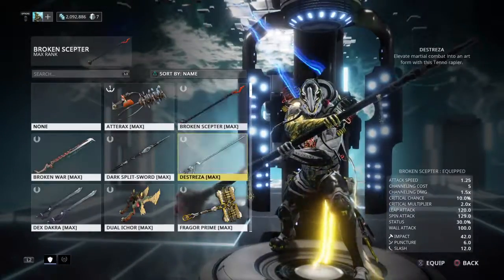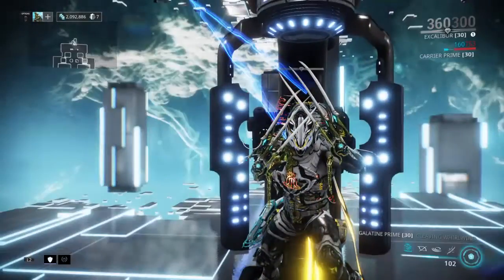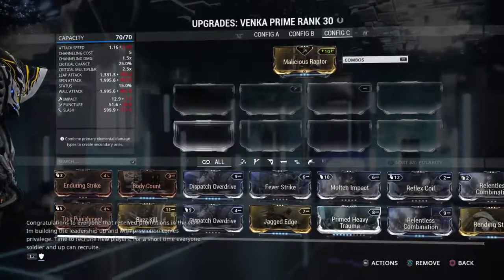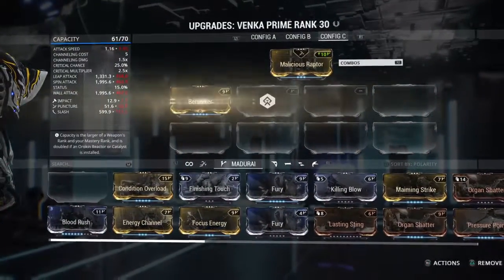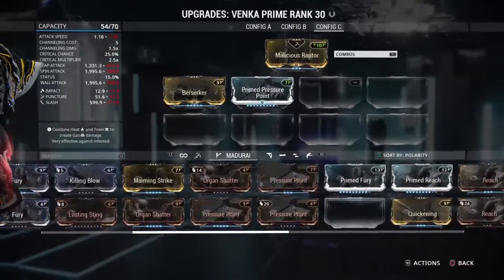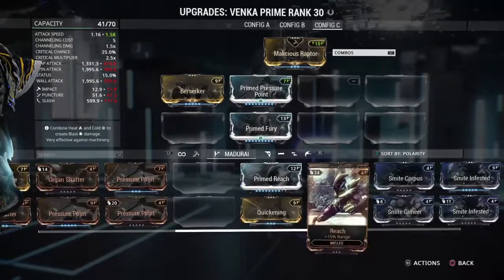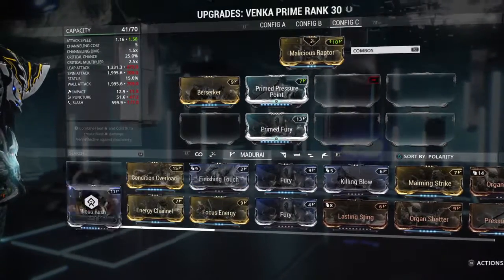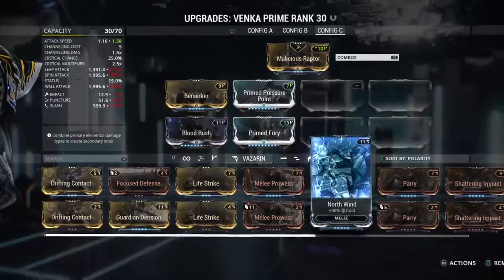Of course, I can use a better melee weapon with more forma in it, like a Vaykor Prime, for instance. Vaykor Prime has two mod slots, or two polarities in it. So we're not going to be using Condition Overload. So let's say Berserker, Prime Pressure Point. We'll put Prime Fury. Same thing. We do not want reach, because we all know his Exalted Blade just basically has infinite range. Drifting Contact, not really, but